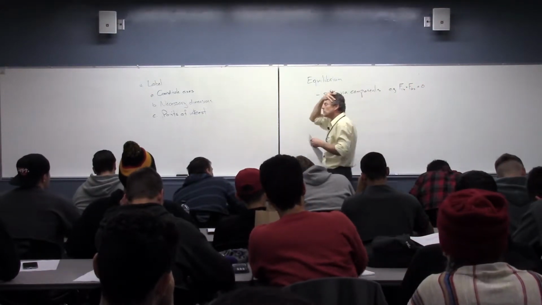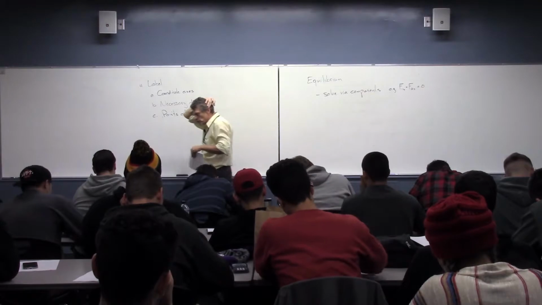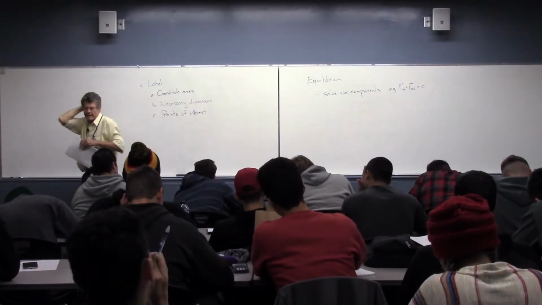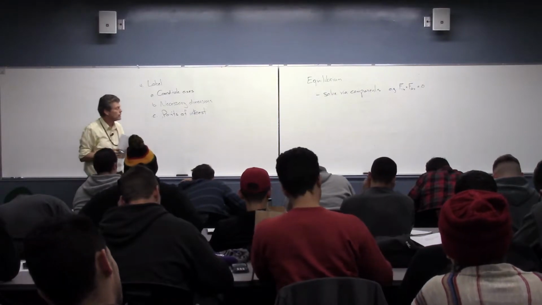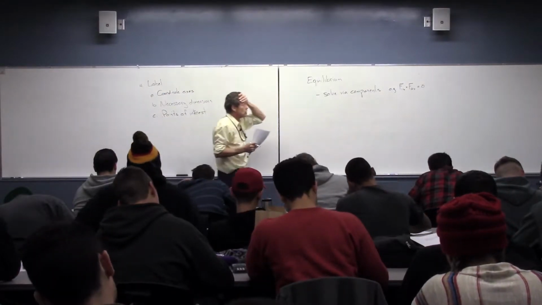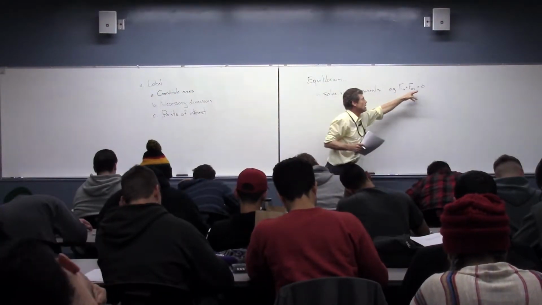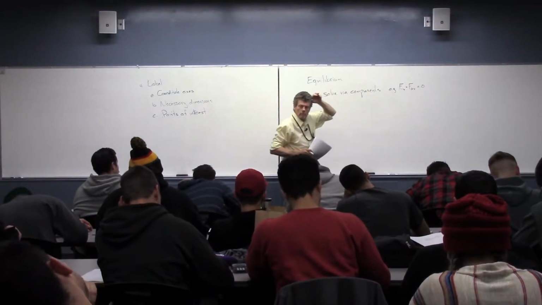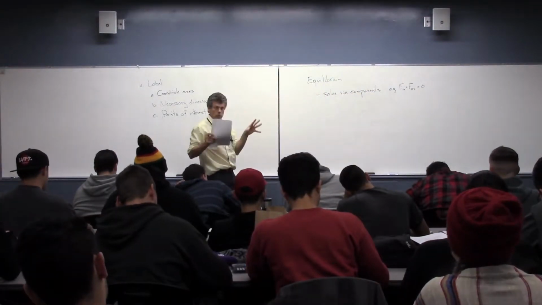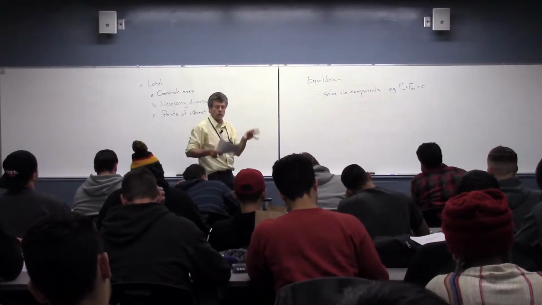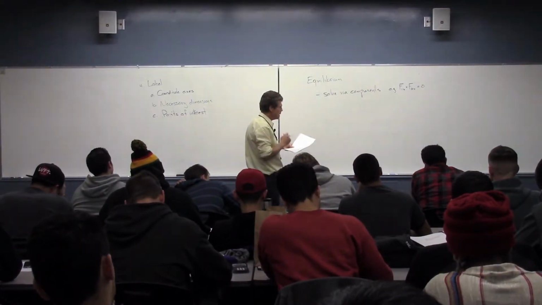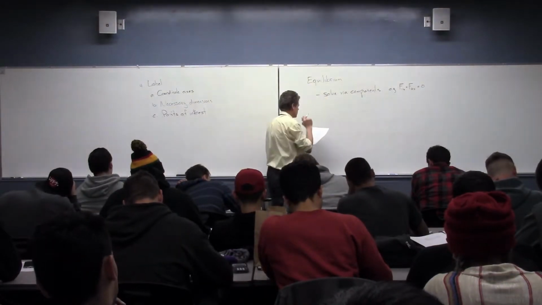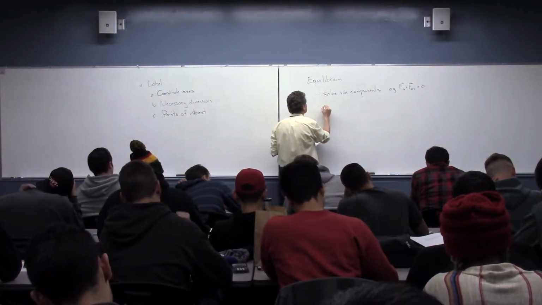OK, so one way is using our component system, where we break down every one of those forces into an x and a y piece, and then we sum them all up, paying attention to signs, whether they're positive and negative, and setting it equal to 0 in the end. Now, since we have 2 equations, sometimes we might have to solve them simultaneously. We may not have all the information in one versus the other, but basically we can go through it. In this particular case, it's pretty simple. The other thing